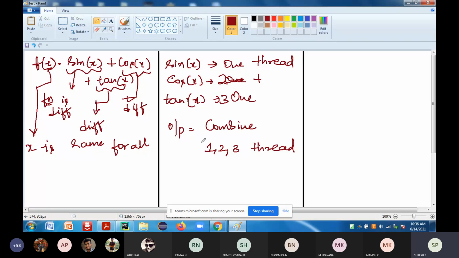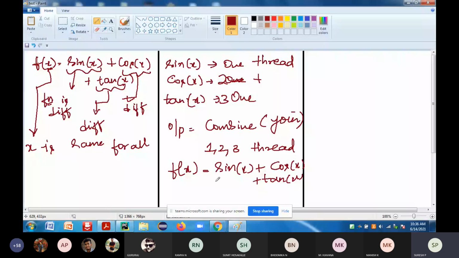That is nothing but a combine or join operation. The output function of x will be sin x plus cos x plus tan x. This is composing the value, and this is what you mean by function decomposition.